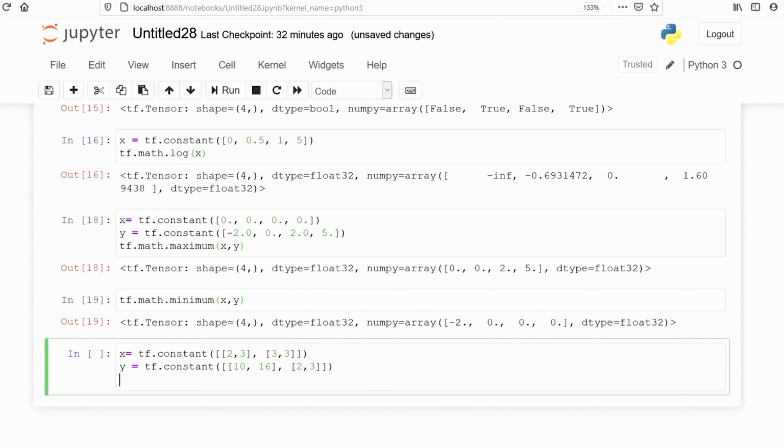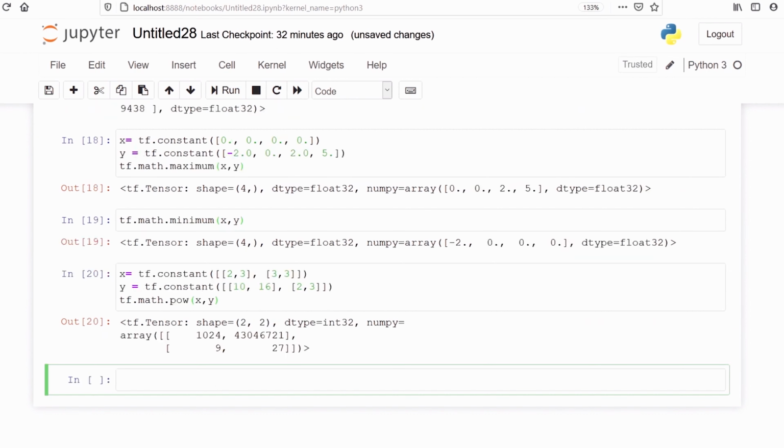Now we are going to call the function power. Now this is the base 2 and this is the power 10, 2 to the power 10, and the value is 1024.